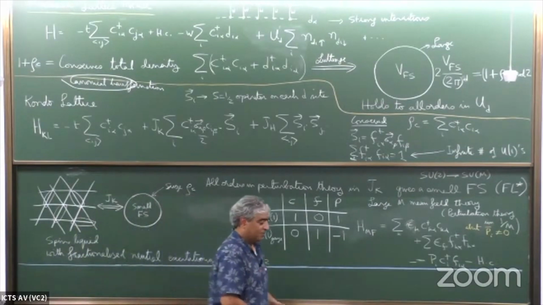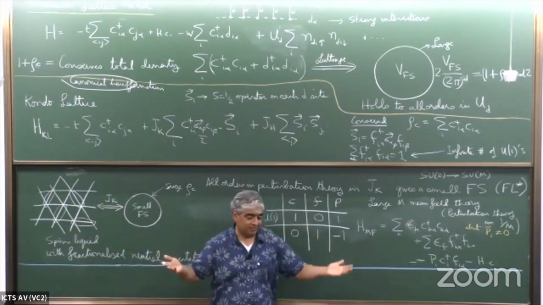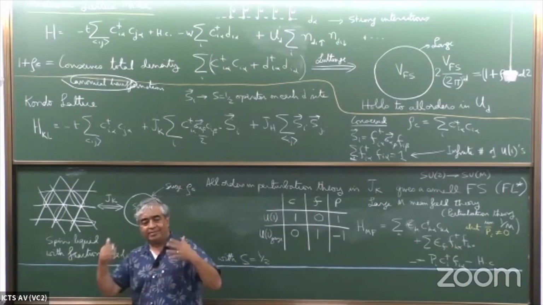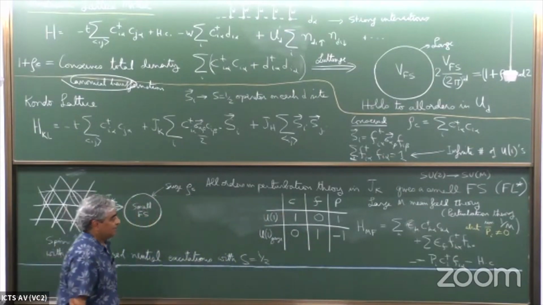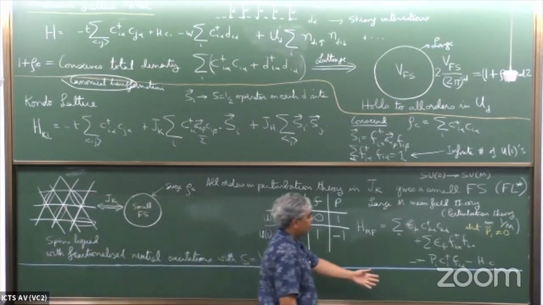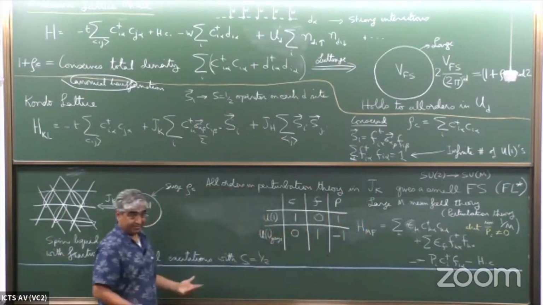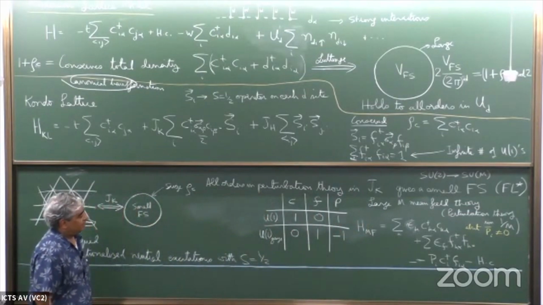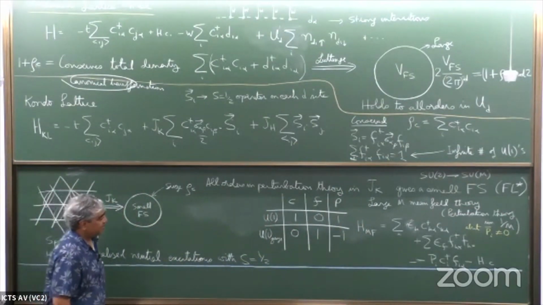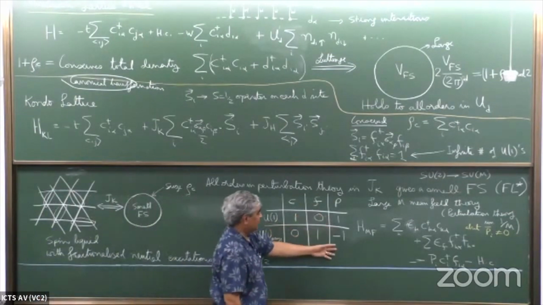When you condense a boson, even for a Bose gas, there's no Luttinger theorem to worry about because the global U1 there has been broken by the Bose condensate. So there's a Bose condensate here, and so this P has broken the gauge symmetry. But has it really? Well, this is where you now see that